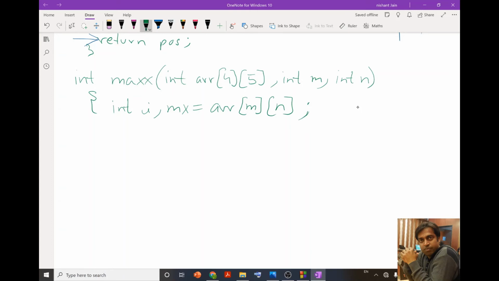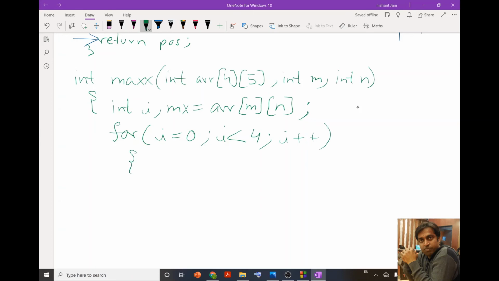So to get that, I will start a loop, and since I have to check in that column, my loop is going to iterate row by row. So it will be from I equals 0 to I less than 4, I plus plus,